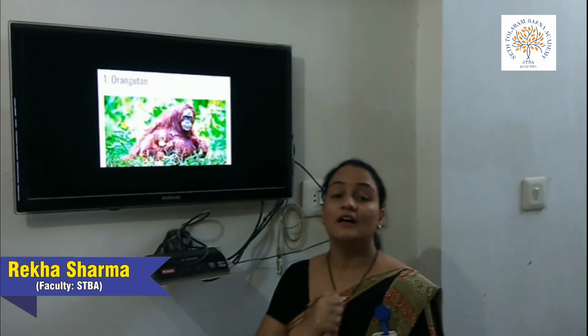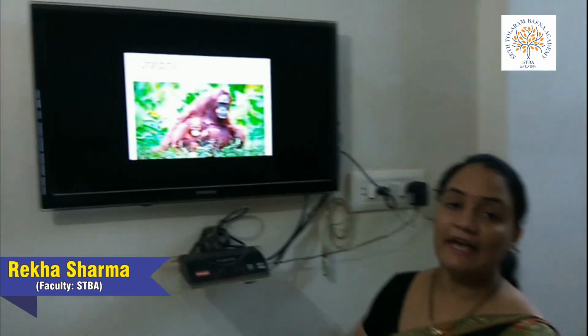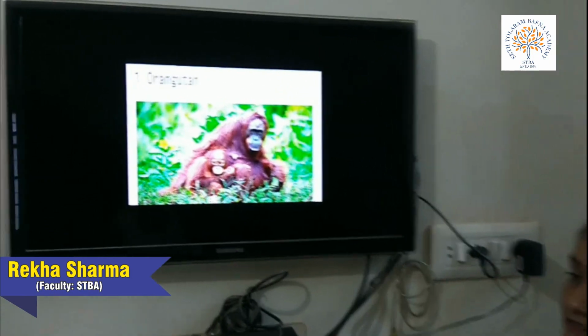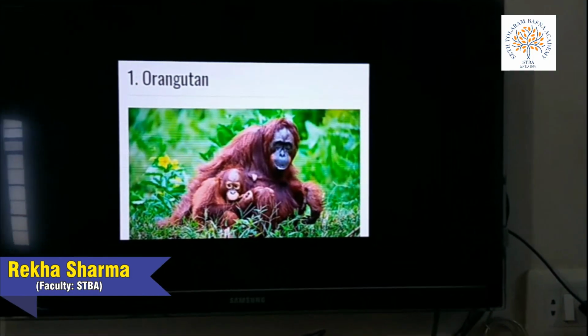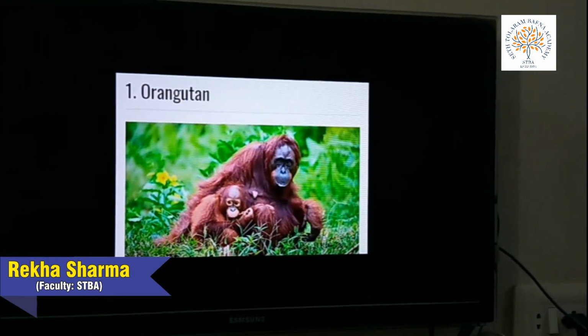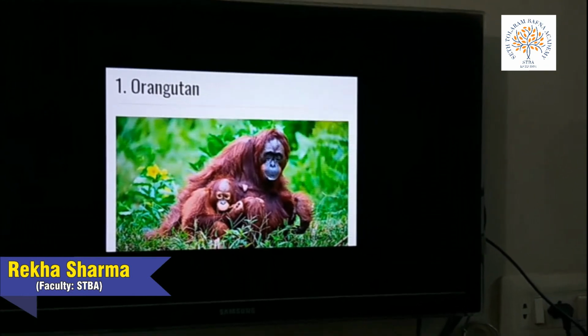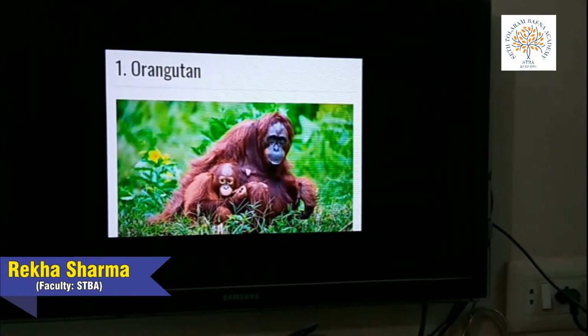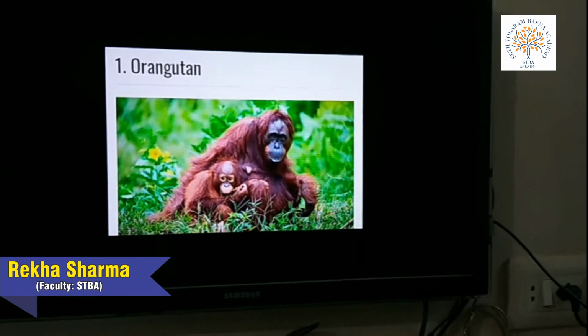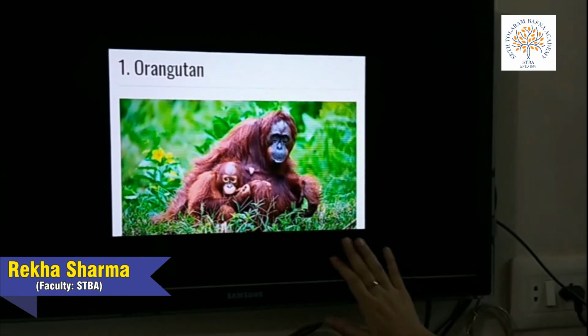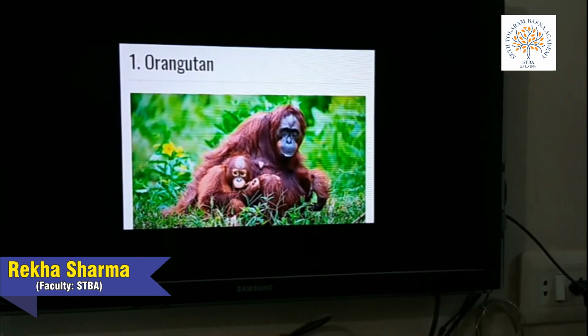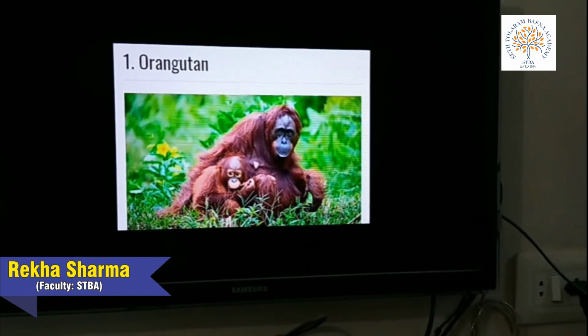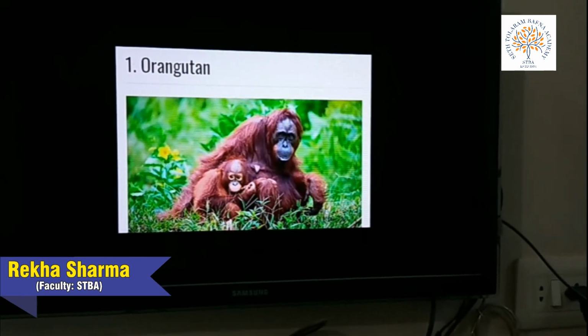Children, as you know about the climate and the vegetation found near the equatorial region, now next is the animal life which is found near the equatorial region. That is also varied in these forest areas. Most animals are arboreal. What is arboreal? That is living on trees, such as monkeys. As you can see, this is an orangutan, mostly found in these areas. Apes, sloths, jaguars,